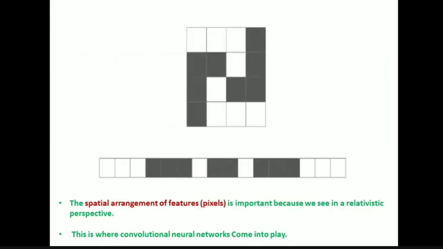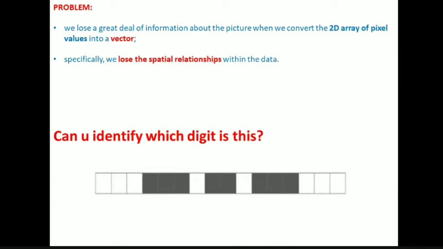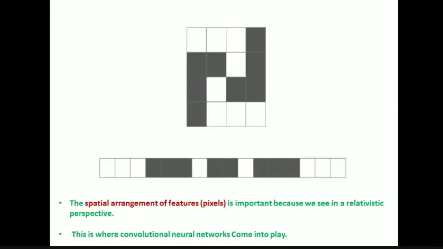If you see here, this is the image of 2. The question we have asked here, right? So this is the image of 2. If I show you like this, now we can easily say this is 2. But if we have done this in a vector representation, we cannot immediately say that this is an image of 2. Okay. So this is where convolutional neural networks, CNNs, come into existence.